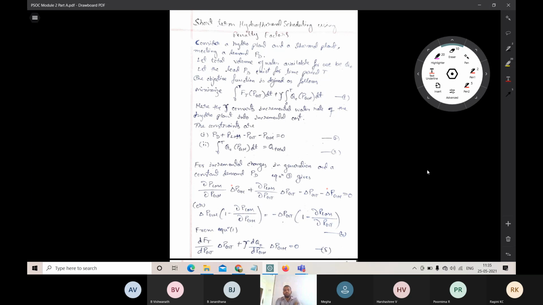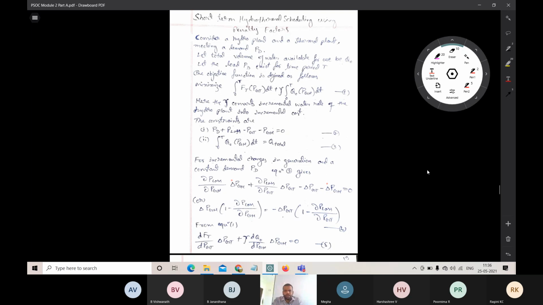As we know, we have to minimize the total thermal production cost, satisfy the hydrothermal constraints, and calculate the total amount of water discharging through the reservoirs. For that we are using different techniques, and that's the only difference here. In the previous session, we were discussing the different penalty factors. So here we are just coordinating the hydel as well as the thermal power plant.